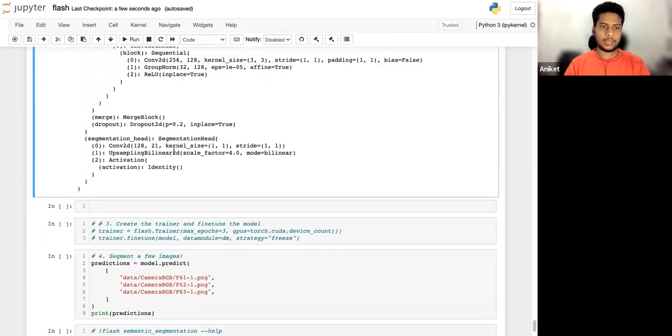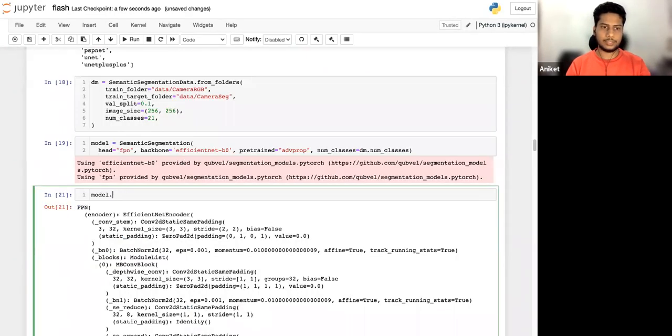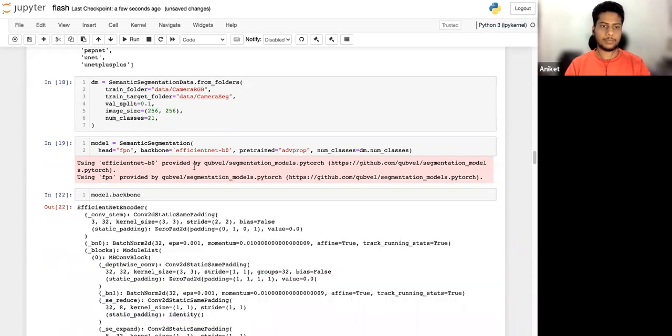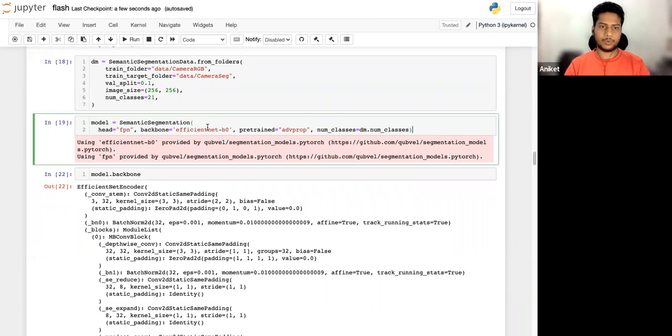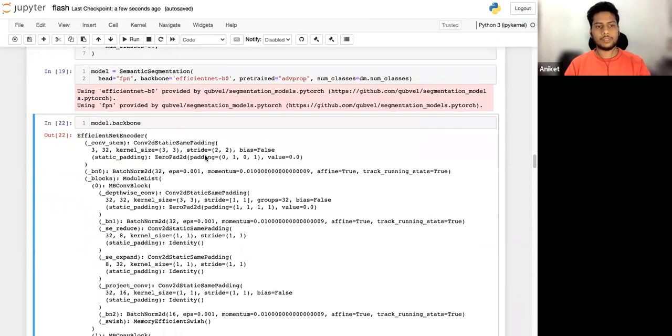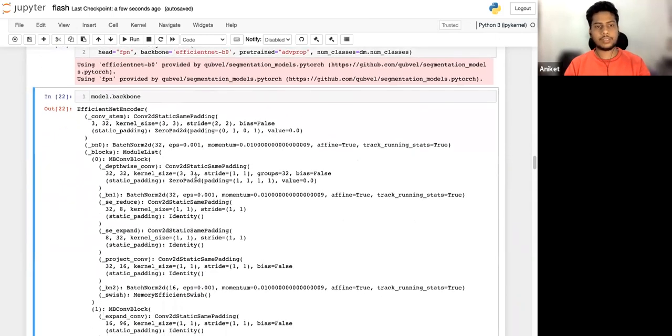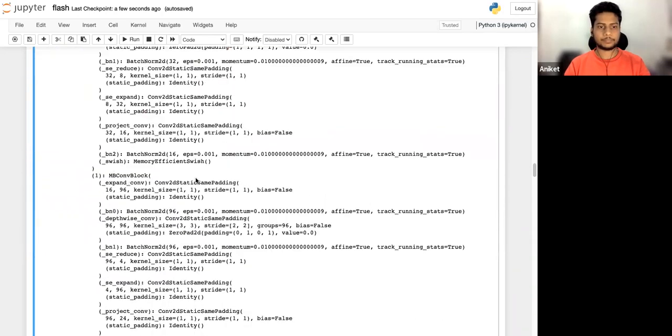You can see the output segmentation head, and it will have 128 channels. Then if I see the backbone, it is an EfficientNet, which I have provided as the backbone. So first my image will pass through the encoder, then the decoder.